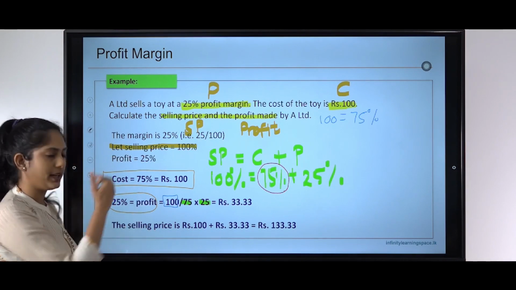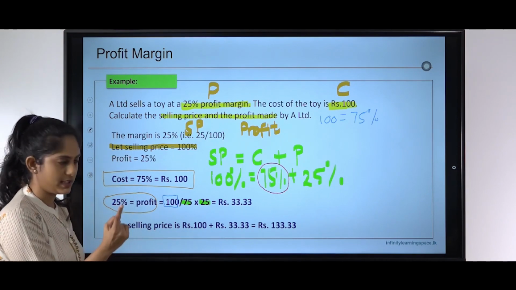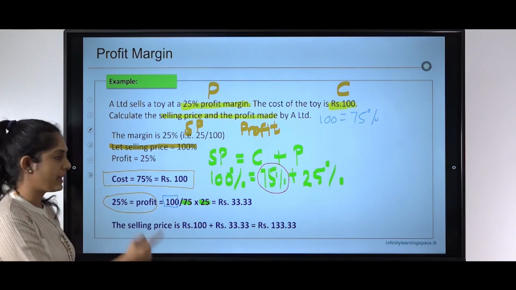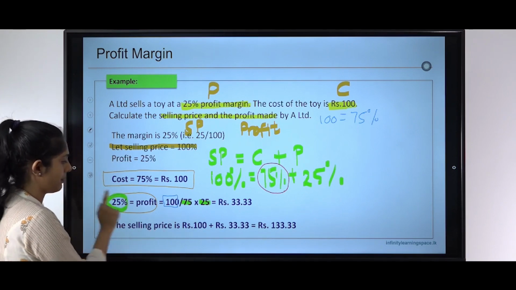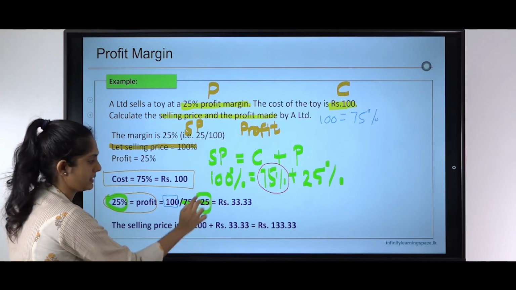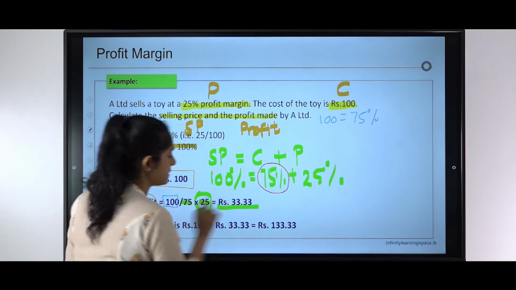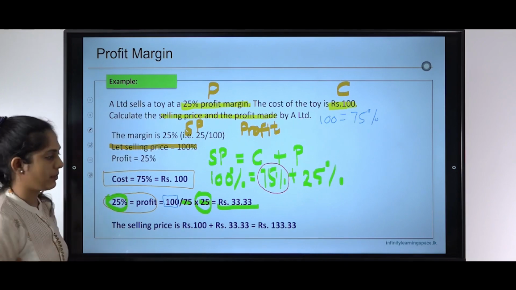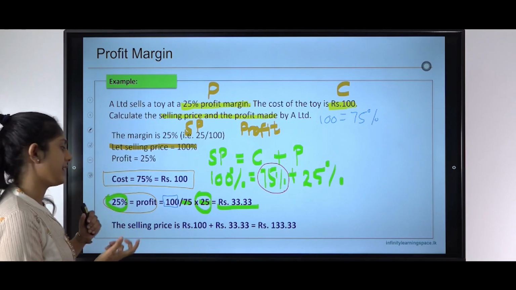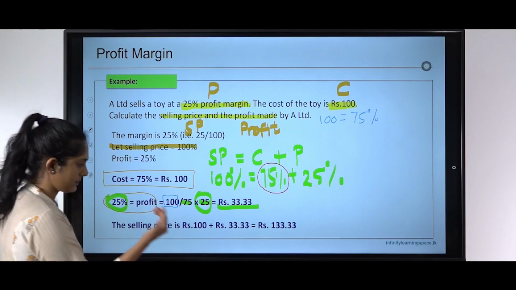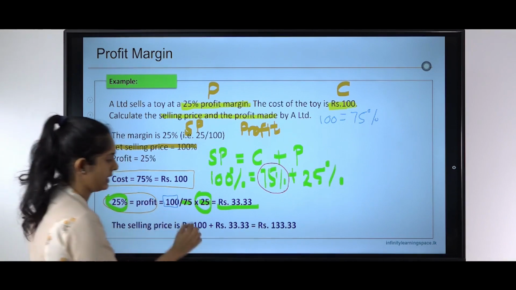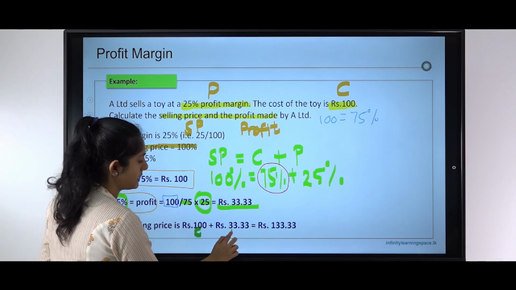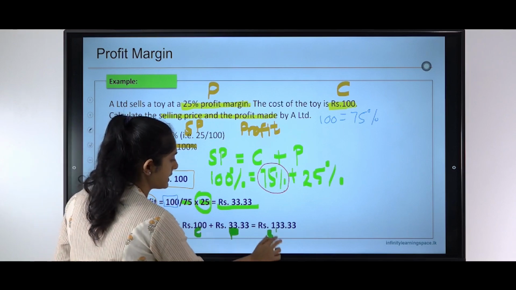So you divide it by 75 and you'll know how much is it for 1%. Multiply by 25% because your profit is 25%. That's the 25. So this gives you the profit figure. So the profit is 33.33. So the easy way to find selling price now is 100 cost plus 33 profit will give you the selling price